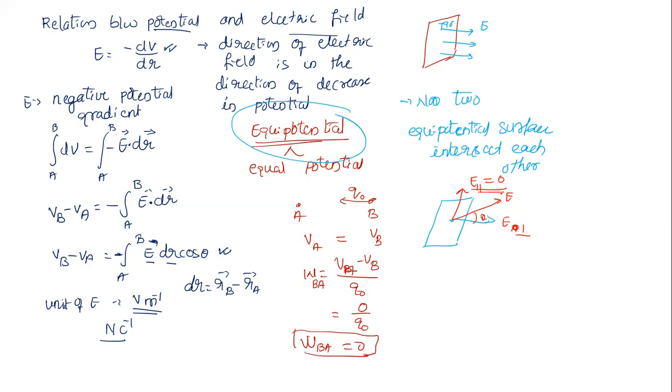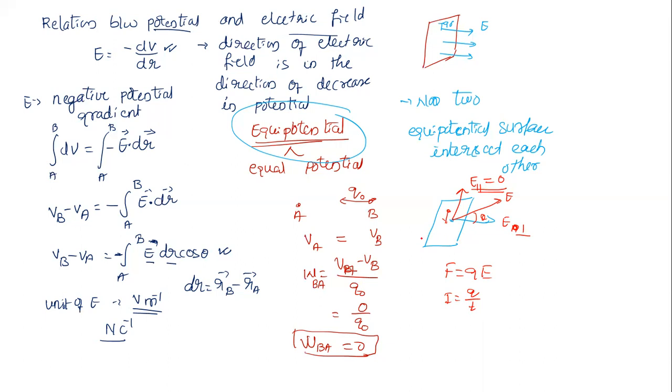If it is not 0, there are many consequences. Because if it is not 0, force equals Q times E. If we keep a charge on the surface, a force will act on it and the charge will start moving. A moving charge gives current, I equals Q by T. So this would give an electric current on the surface, without even connecting a battery. That is impossible, so that is not a possible case.